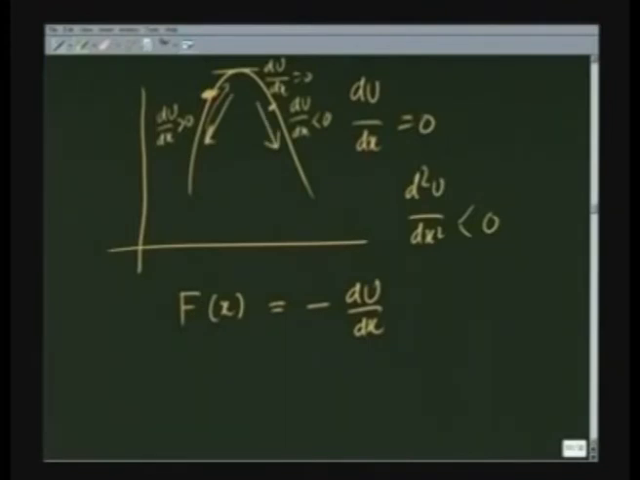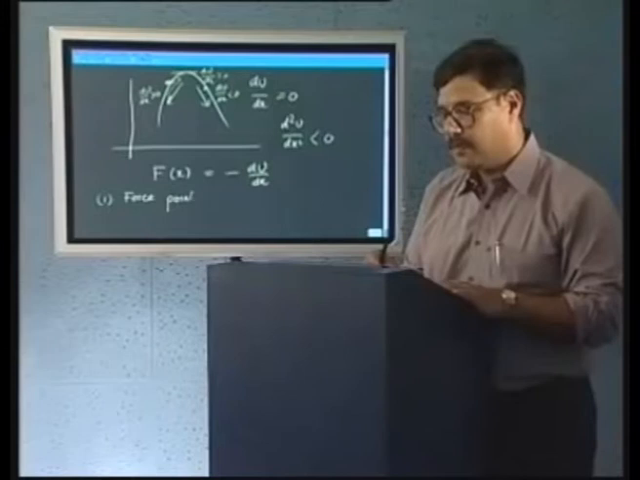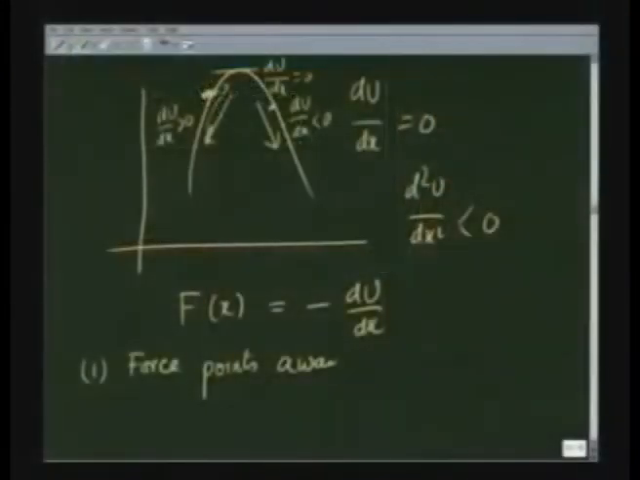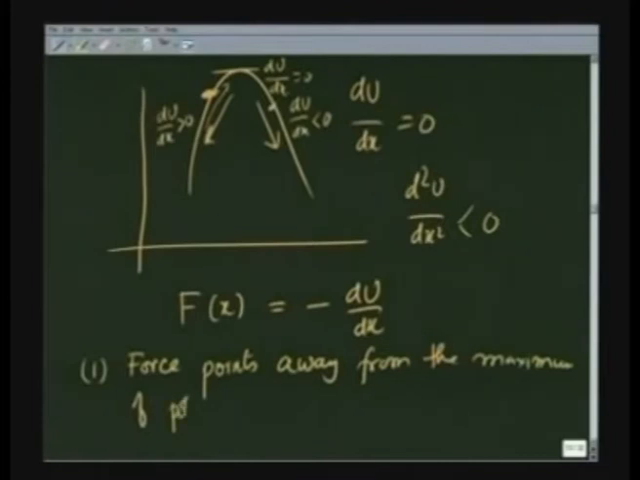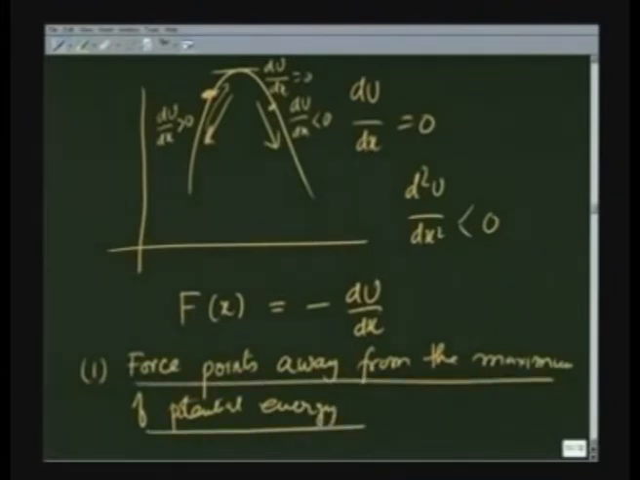So looking at the maximum, I see that the force points away from the maximum of potential energy. So any particle at the maximum of the potential energy is going to be running away from it. Let us look at the minimum,